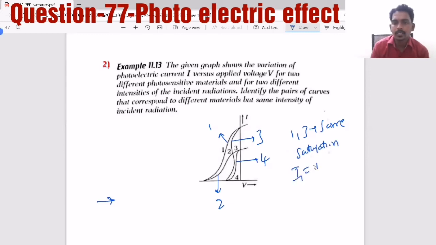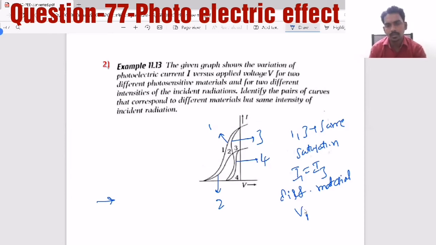That means intensities are equal but different material, because the stopping potential for 1 and 3 have same saturation current, so intensity is same, and